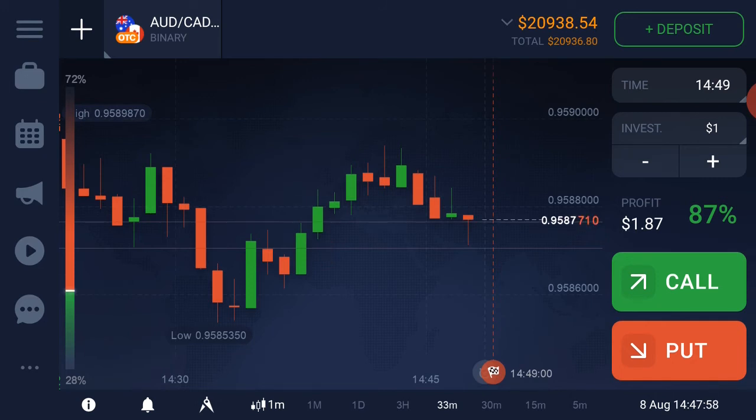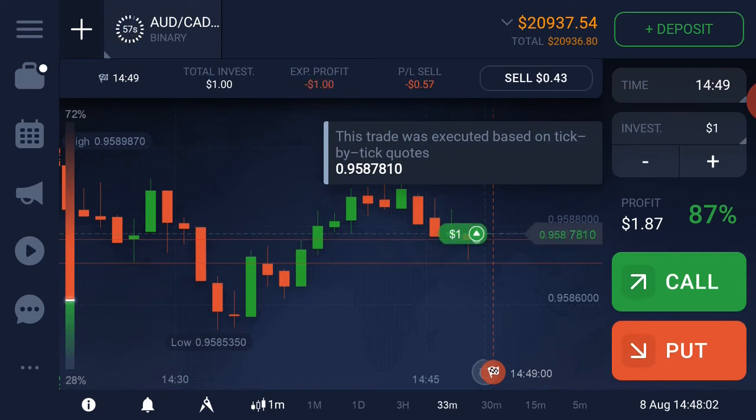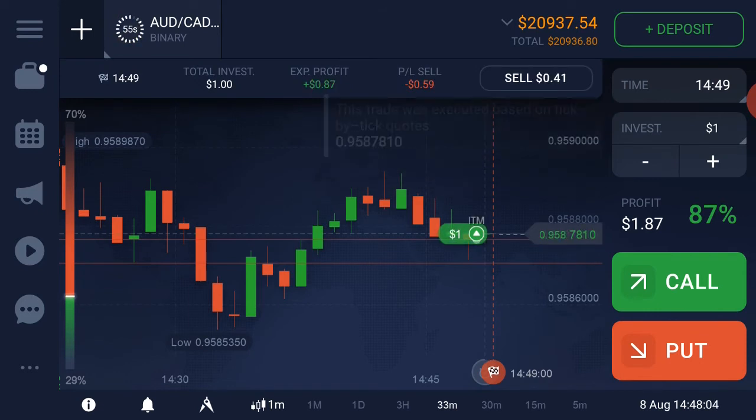A very good candle, and I am placing a call option here. So I'm sure this candle will close as a green candle and give me a winning trade. Okay, if I lose this trade, no problem, losses are common in IQ Option, but trade with logic. So here, I will explain what that logic is.